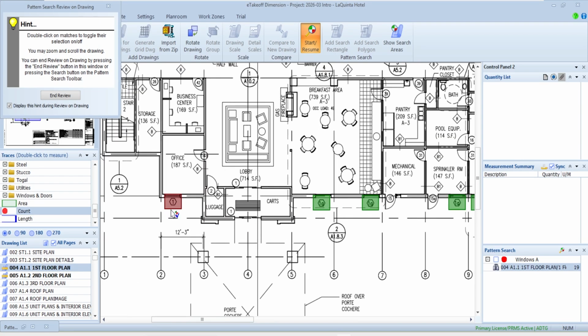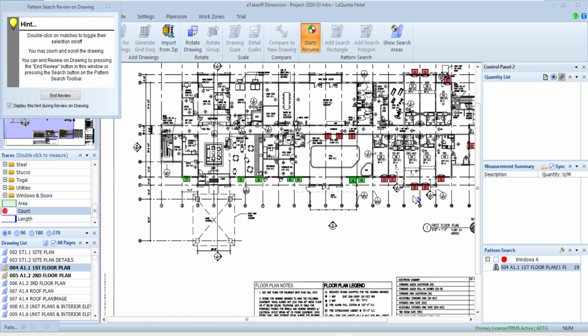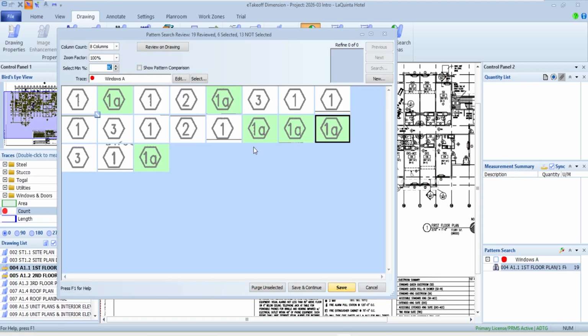So as I'm looking at this, if I decide, well, wait a second, that's really the same window, I might go ahead and click on it, and that way it'll change it back to a green that I want to count for it and so forth. So that'll just let me go through there, and there again, give it the visual before it throws it in as a count. And if I got a green one, I could check on it and turn it off, all that type of stuff. When I'm done, I could tell it I'm done with the review mode.